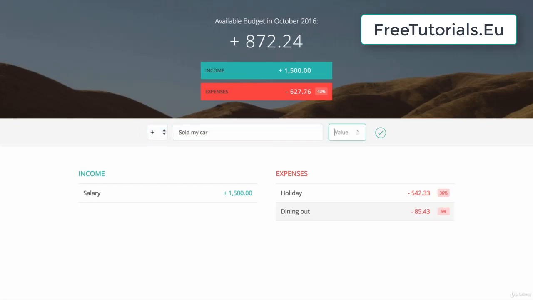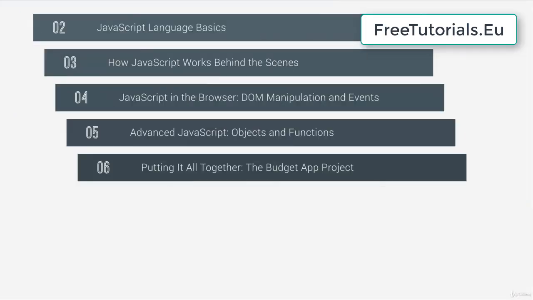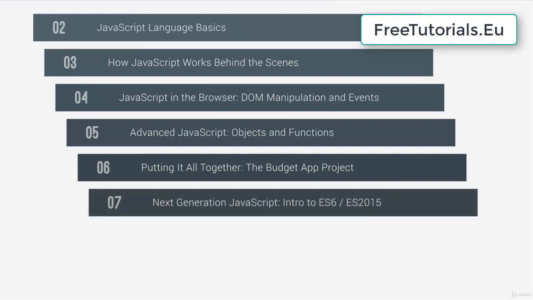So in this project, you're going to learn tons of new stuff, like how to structure and organize your code and how to actually think about problems and solutions. Then, starting from section number 7, we're going to start using next generation JavaScript. So ES6, ES7, and even some ES8 features. So we're going to start by looking at what's new in ES6 or ES 2015, and then code some examples